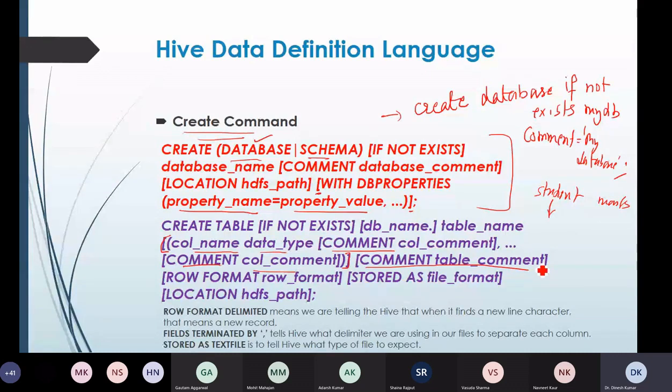Right now, these two things are very important over here. We have to specify, because if we are saying it is stored as file format, then you have to specify the rows, because in the last class I have discussed that each line is a record which is terminated by some symbol, right? So row format, here in case of row format we will write row format delimited, which means that